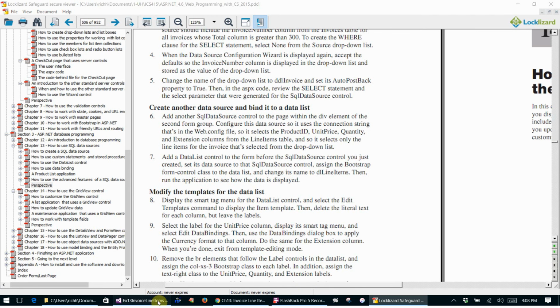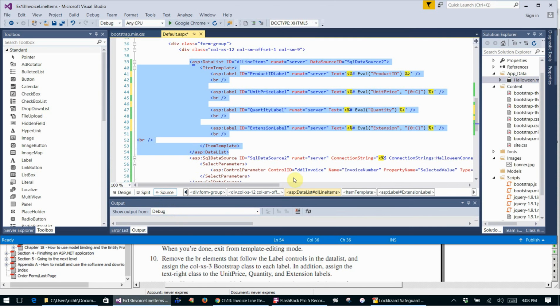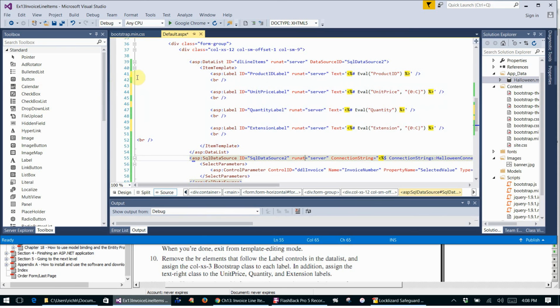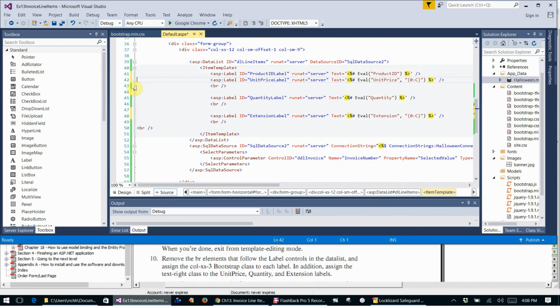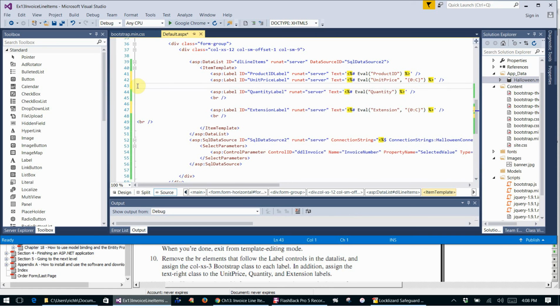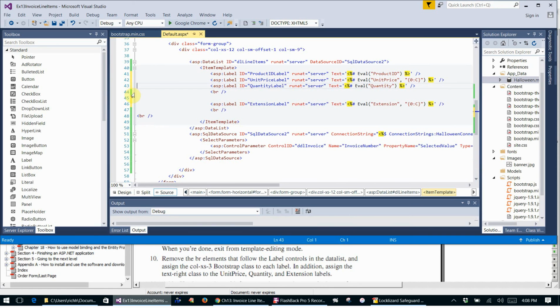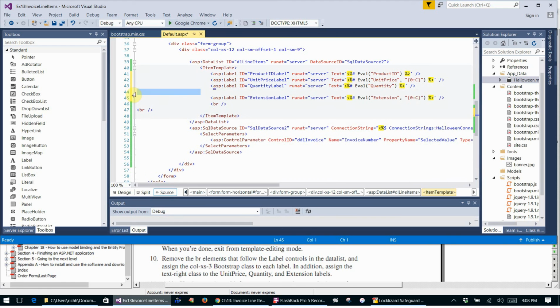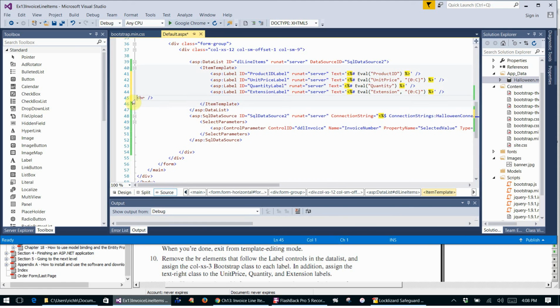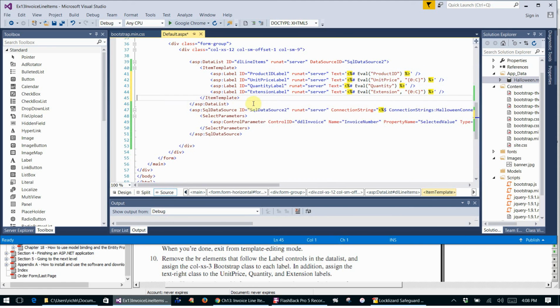So I'm going to go back to here, and I'm going to go back over to source, and I'm going to get rid of the breaks. Get rid of this break. Get rid of that. Get rid of that. Get rid of that. Get rid of that. Get rid of this. And then I'm going to add right here